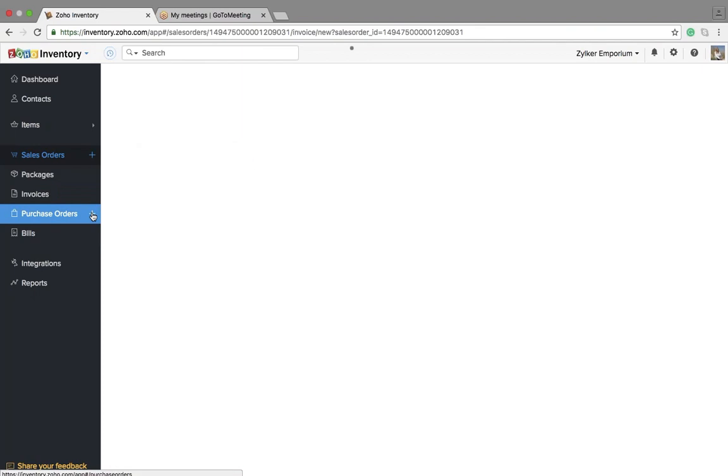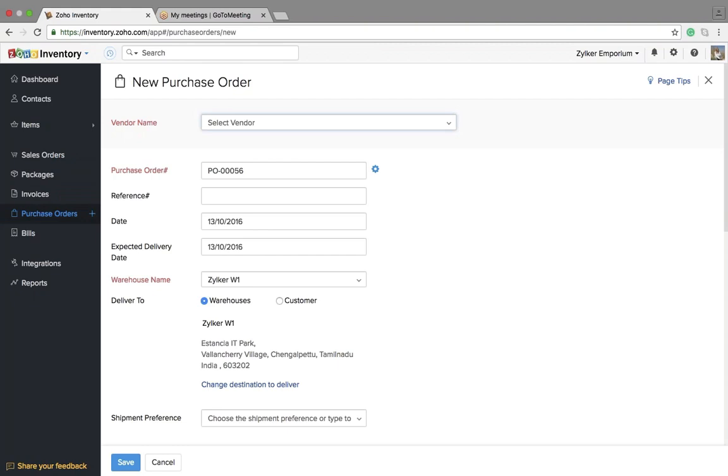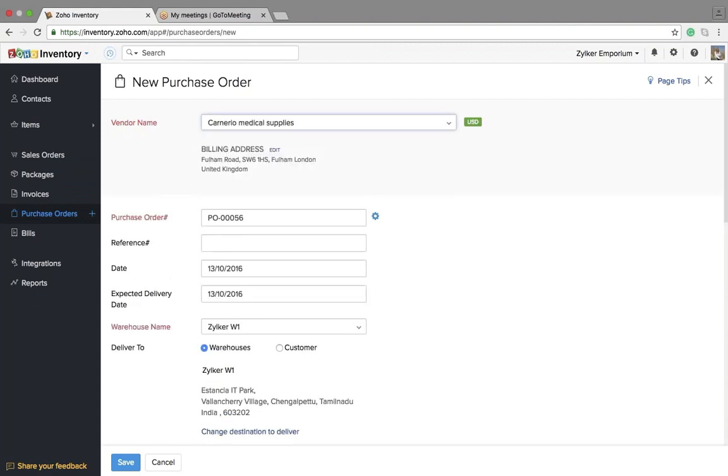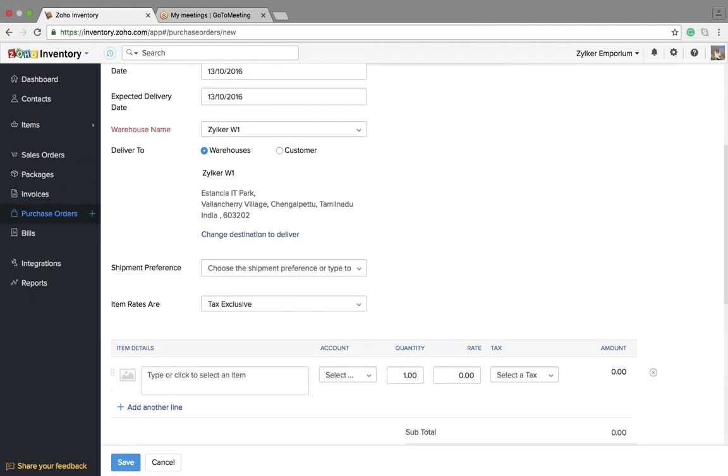So similarly, the purchase module works as well. Instead of the customer, you will have the vendor details here. So you can select the vendor, and you can scroll down. And over here, we have two options. One is you can select the warehouse. So let's say if you're selecting another warehouse here,